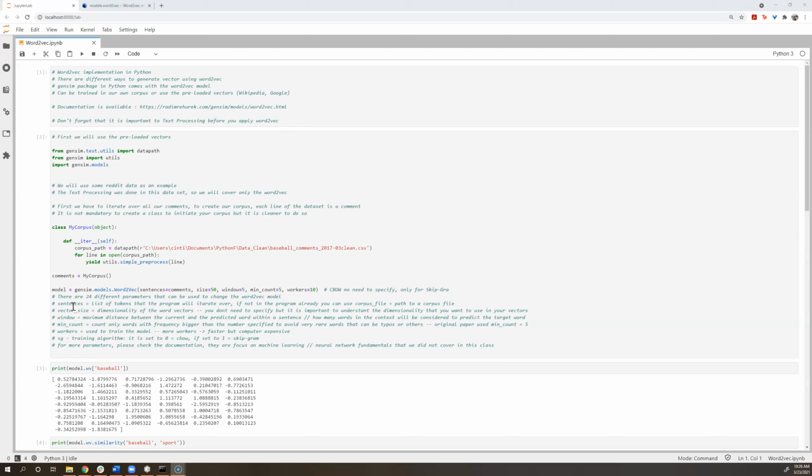So the window is the maximum distance between the current and the predicted word within a sentence. How many words in the context will be considered to predict the target word? That's an important thing because if you only consider, let's say, a window of 2, you will only get 2 words on each side of the predicted word. But if you use something like 10, maybe your comment doesn't even have 21 words,